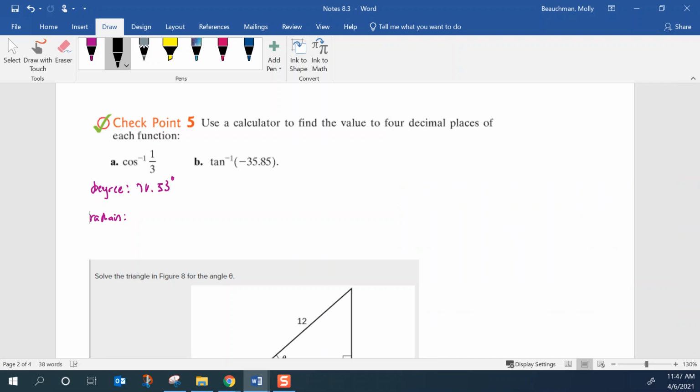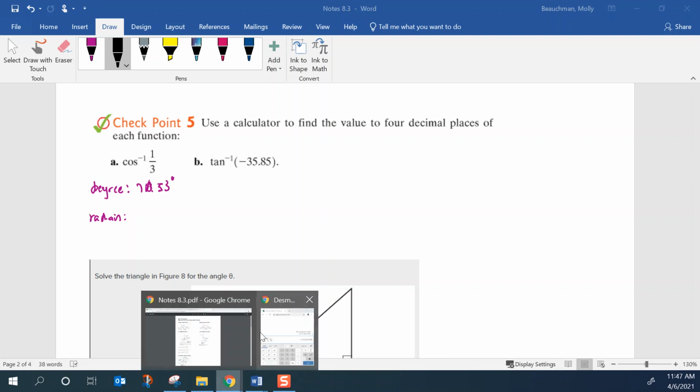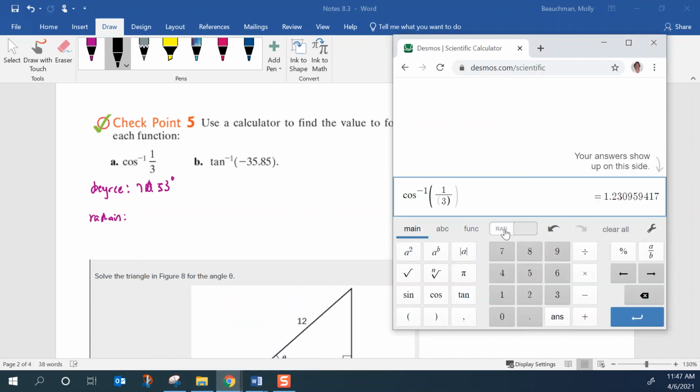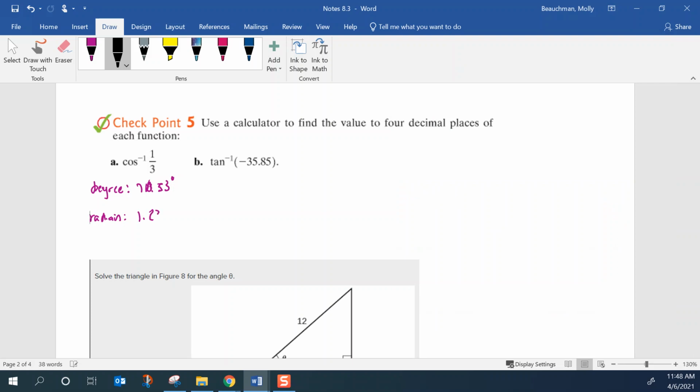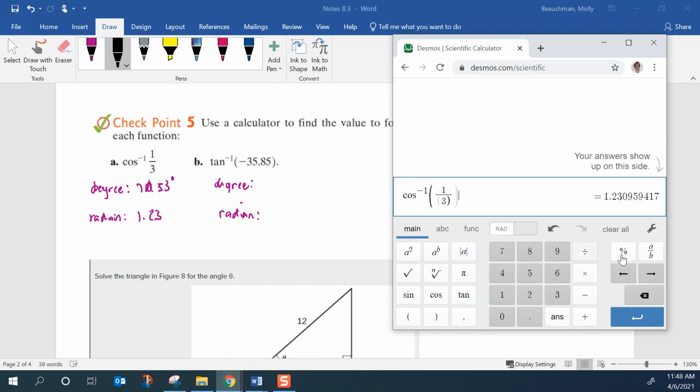If my calculator is in radians, it'll give me the radian measure that has a cosine of a third. So if you're using Desmos, click and it changes to radians instead, and it's about 1.23 radians. So same for inverse tangent. If you want degree measure or radian measure, the inverse tangent